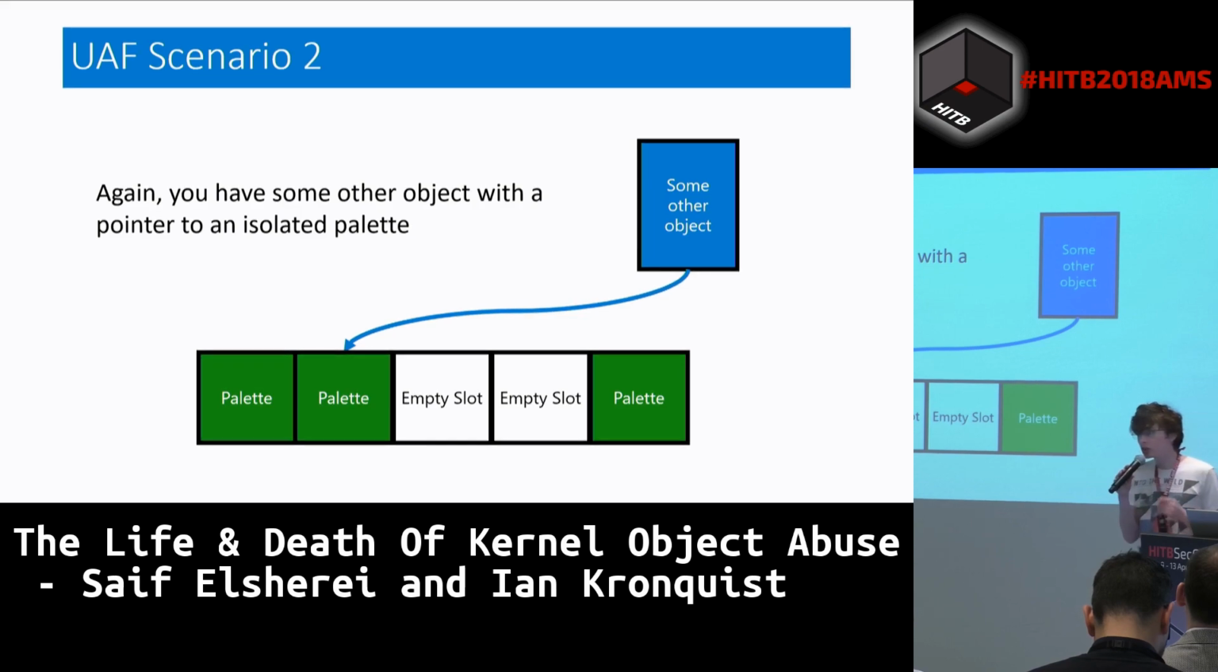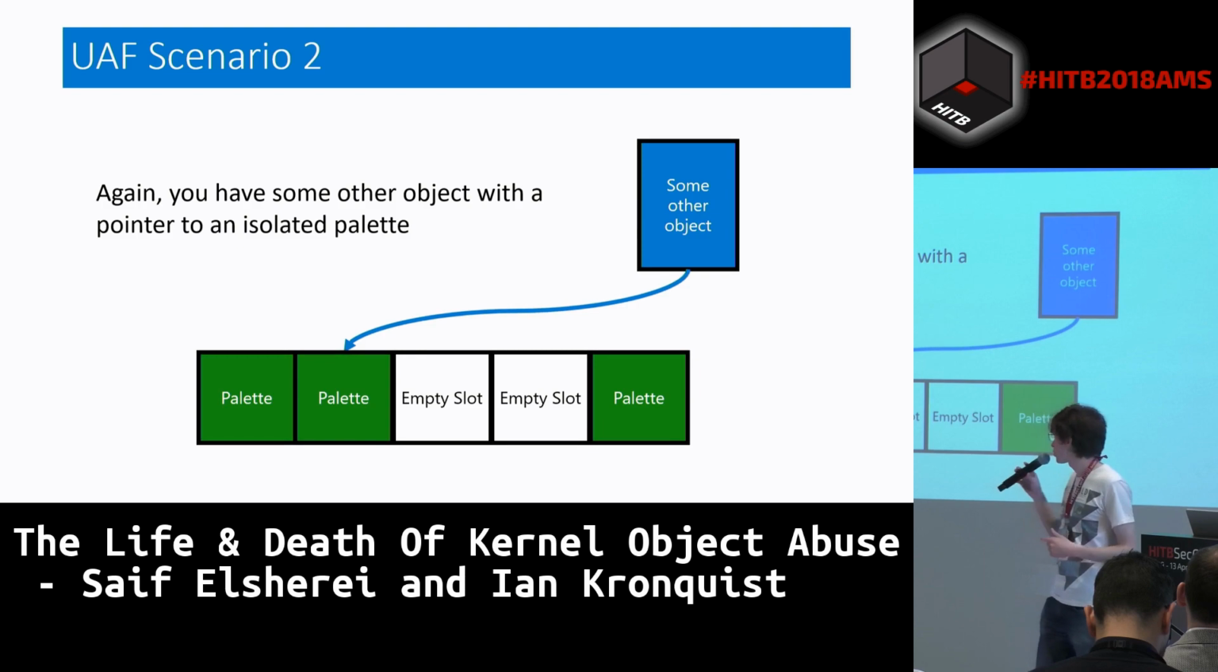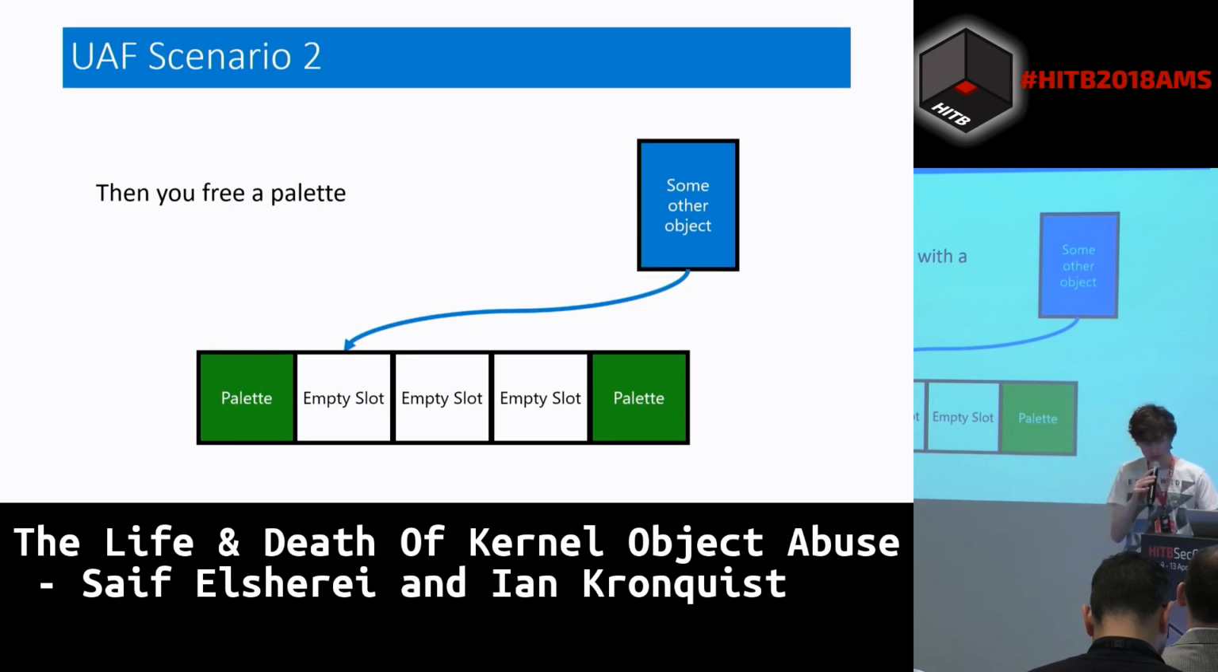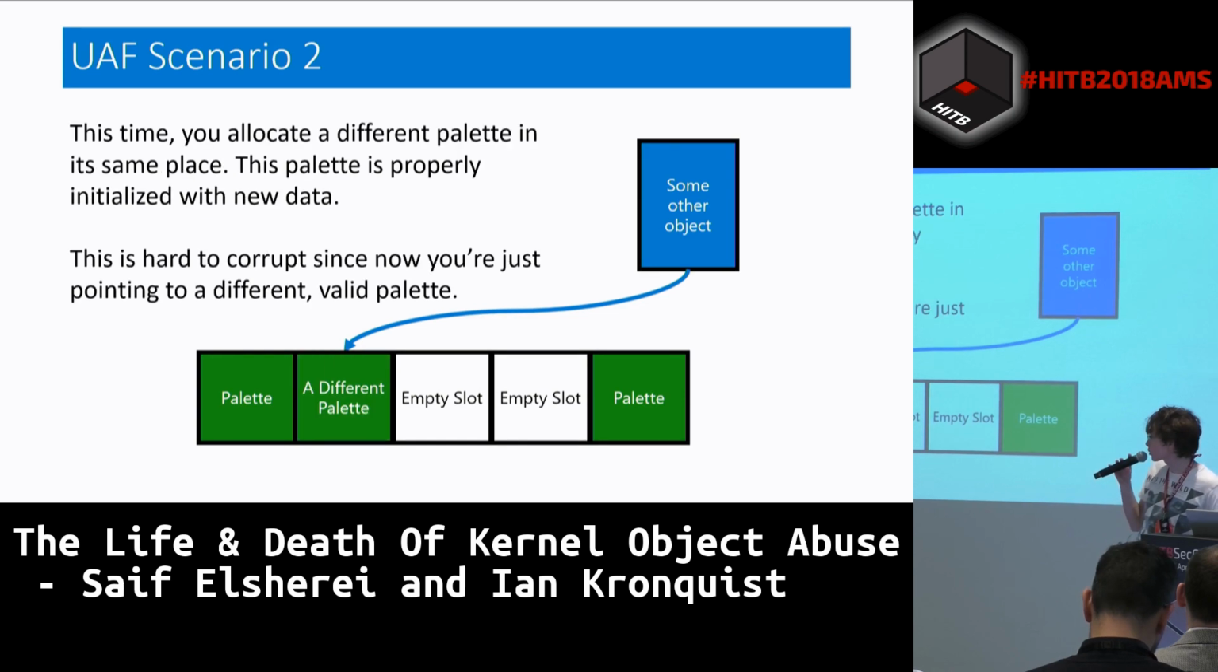So let's discuss the other, more complicated scenario. We know we are starting at the same place. We've got this other object, and it points to the palette, and we're going to free it. This is where we were last time with that zeroed object, but this time we're going to create a different palette in the same place. Now,